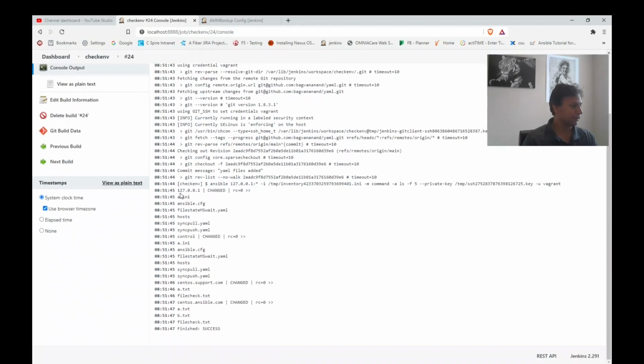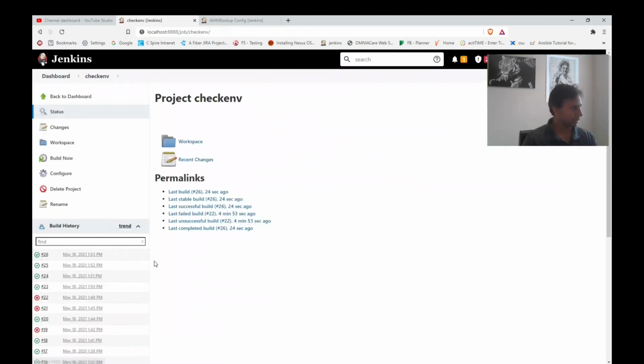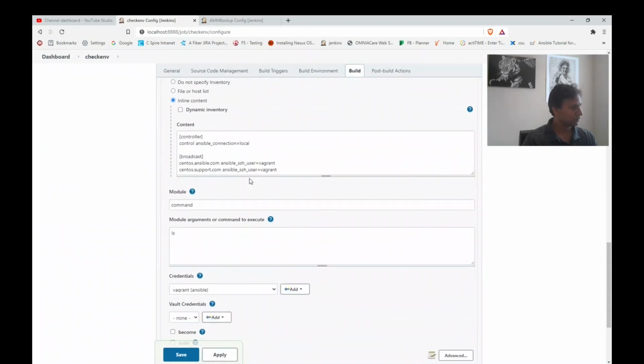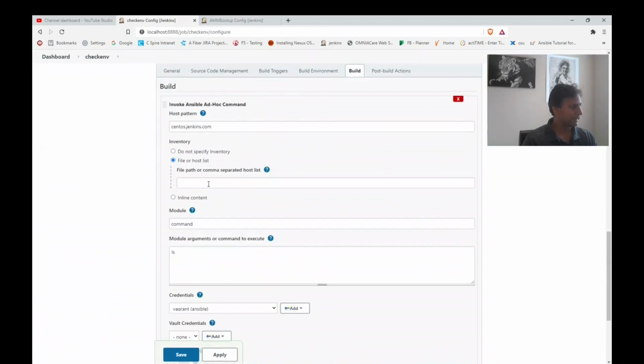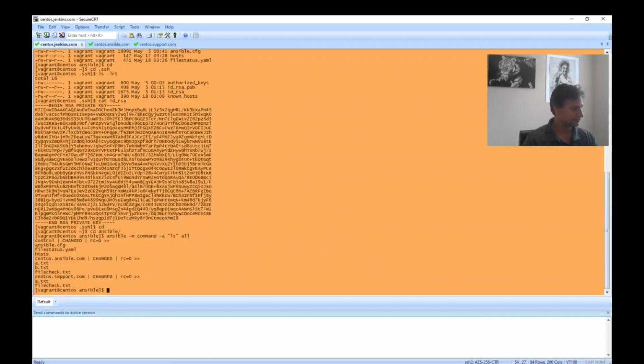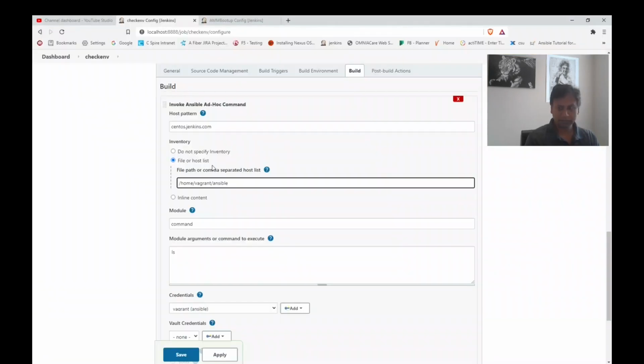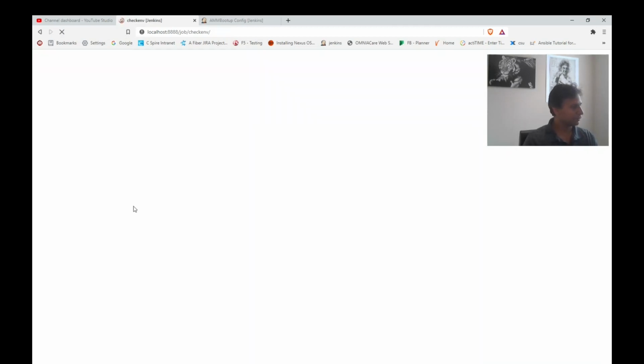If you give 127.0.0.1, it will list out all the files. This is one step. The other one is we can give this inline host like this. Host, let's see, will it work?